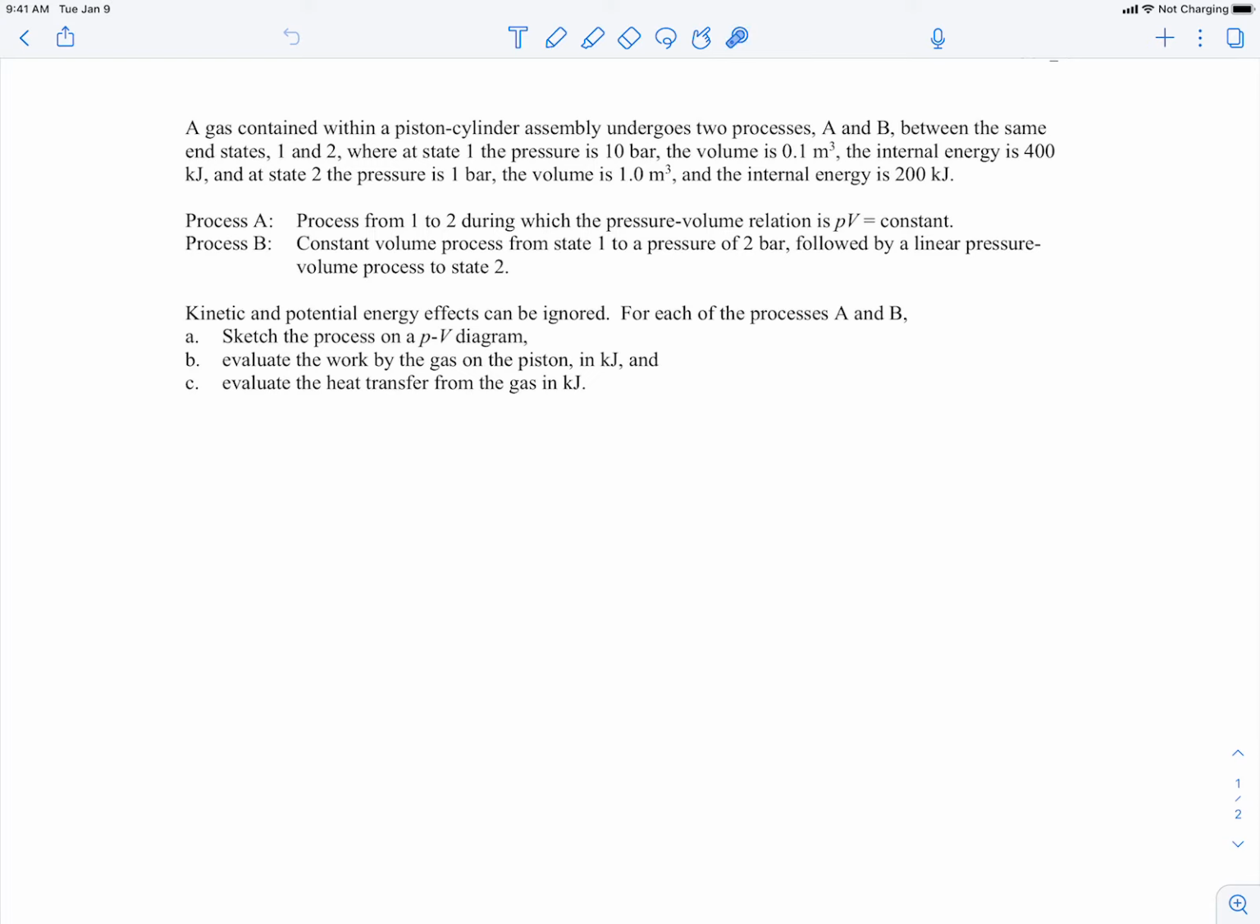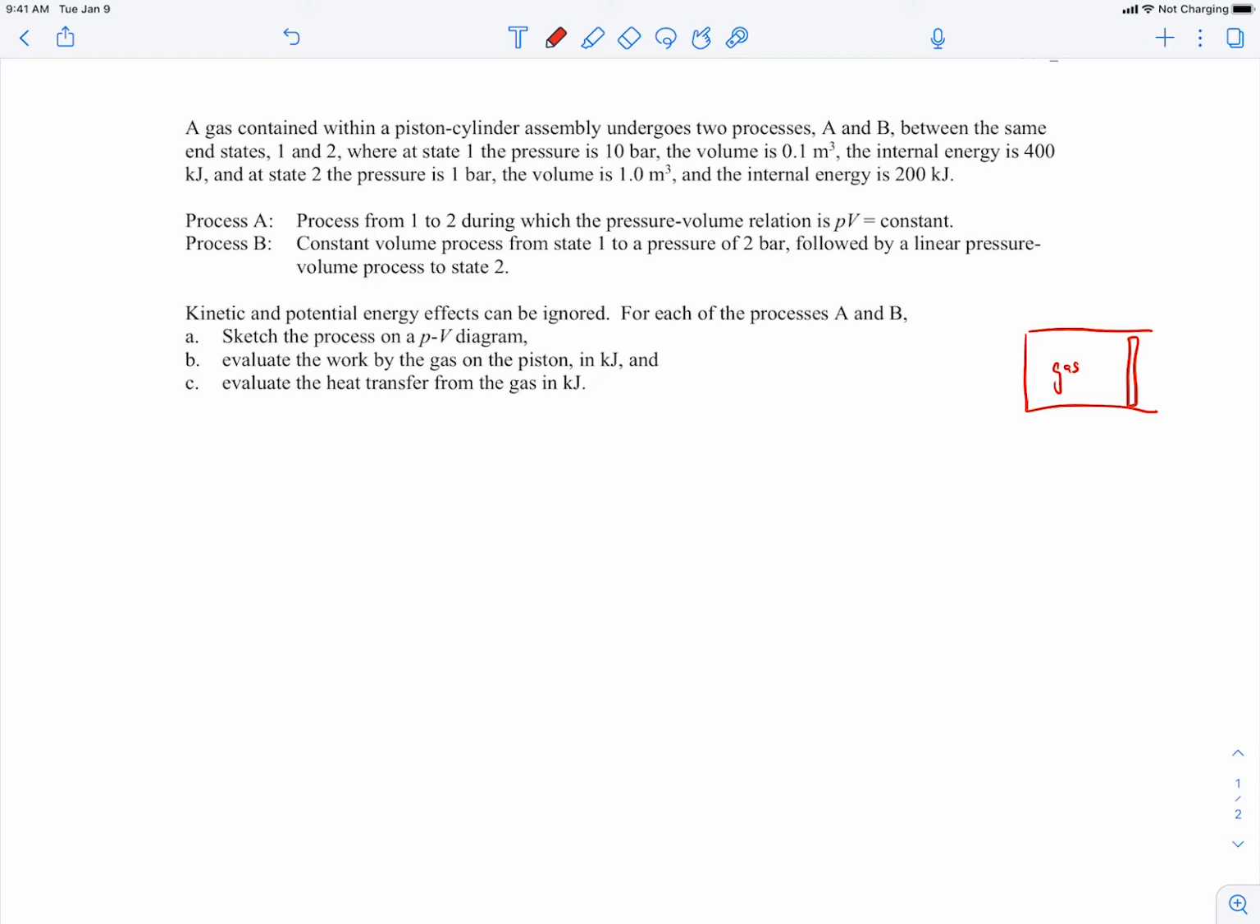So in this example, we're told we have a gas contained within a piston cylinder assembly. So let's just draw a little sketch of that. So we have a piston cylinder with a gas inside here. And we're told that the piston cylinder assembly undergoes two processes, A and B, between the same two end states,